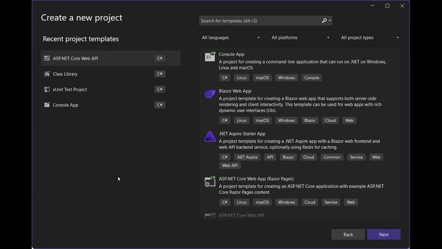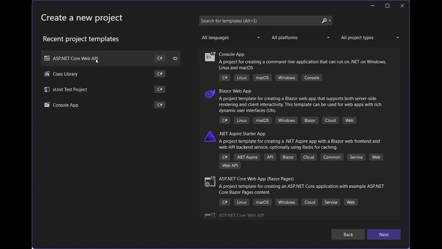So for a .NET backend application that would eventually be connected to a front end application that a user can interact with, the project template you would use is ASP.NET Core Web API,